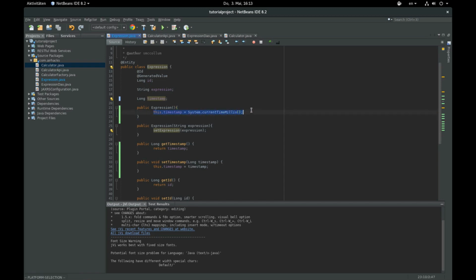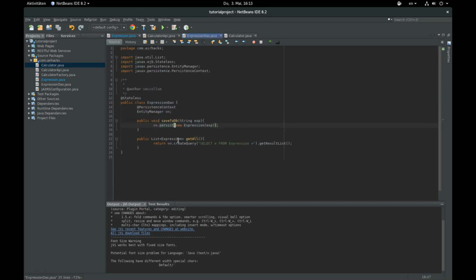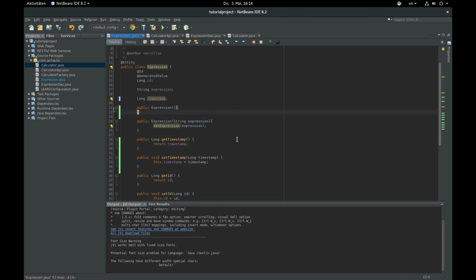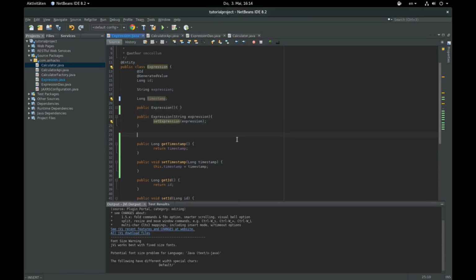With this line of code right here in the empty constructor, that means that when our DAO pulls those out of the database and runs the empty constructor to create an instance of the class, all of those are going to falsely have a timestamp of the current time that a request was run against our get endpoint. So these are just many reasons that this is really bad code. And fortunately, the Java Persistence API has a really slick solution to this, which is that we can receive a callback. So I'm actually going to make this method private because I don't want